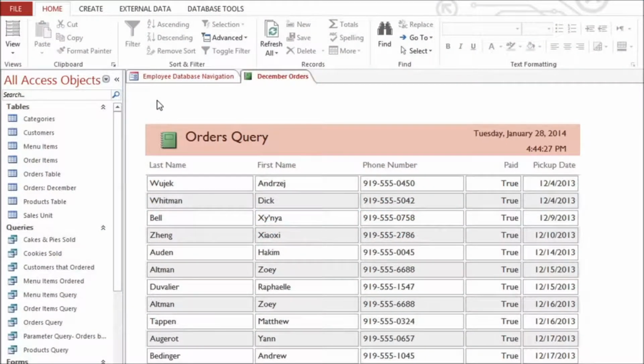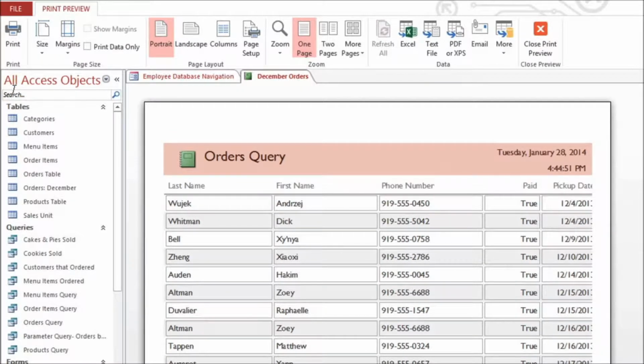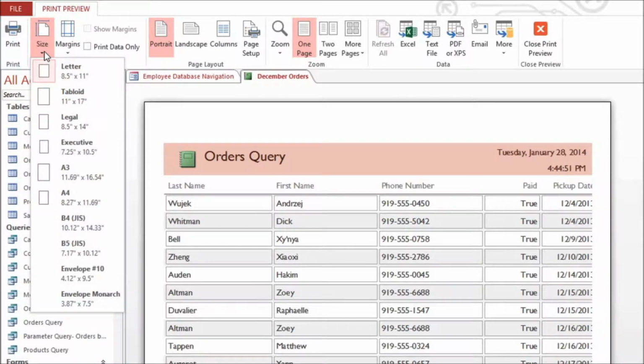Once you've finished creating a report, you can choose to either print it or export it so it can be viewed outside of Access. Make sure that you're in Print Preview, and here you have several different options for adjusting the report. The first thing you should do is click the Size command and make sure that you have the